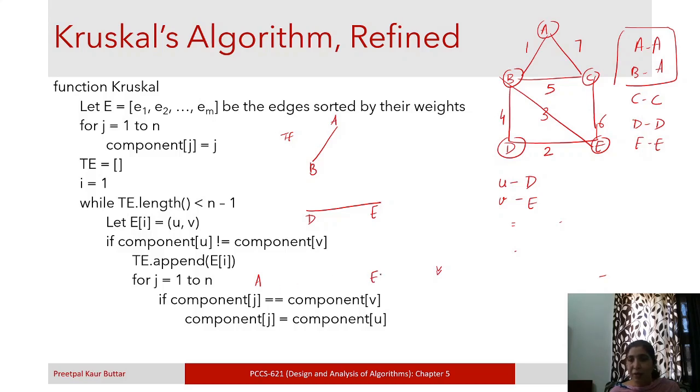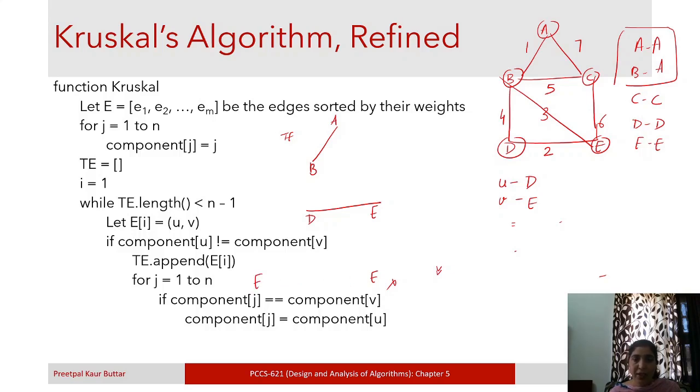A and e, they have different components, so this condition is false. Then for b also, they are different, belonging to different components, this condition is false. Then for c, this condition is false. For d, they are belonging to different components, this condition is false.